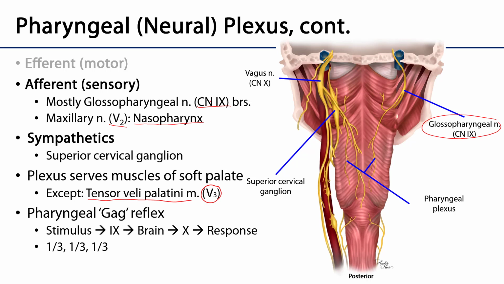In terms of sympathetics to this plexus, sympathetics are all coming from this superior cervical ganglion. They may not arise at the levels that this ganglion is formed from. They may actually ascend the cervical sympathetic trunk on the way to this ganglion, but this ganglion is definitely the clearinghouse for the sympathetic fibers for the plexus. The last thing that I'd like to discuss here as part of the pharyngeal plexus is